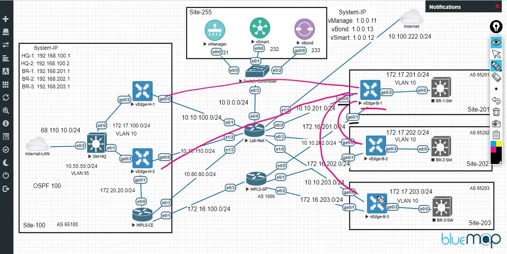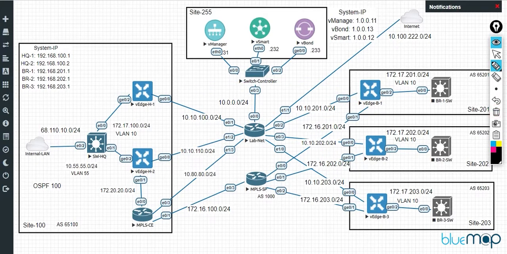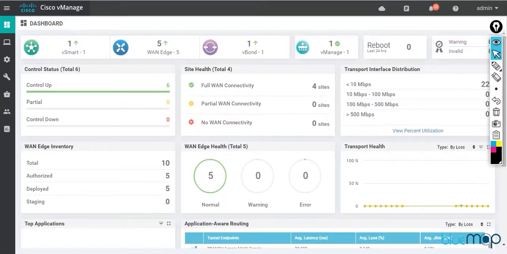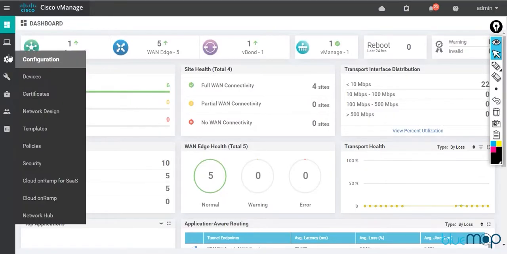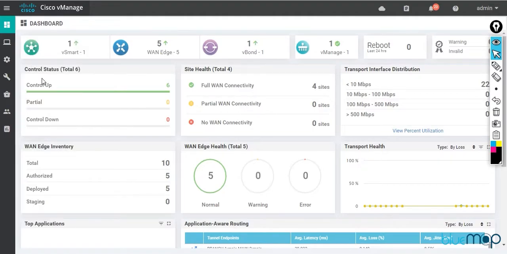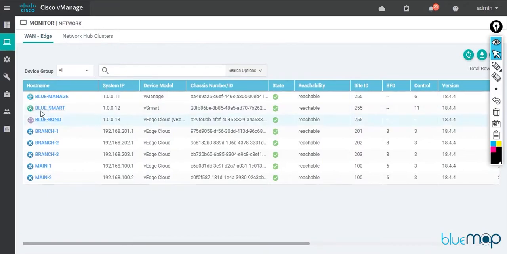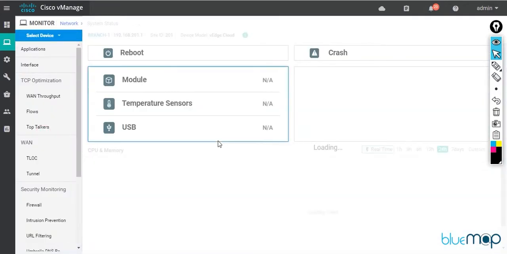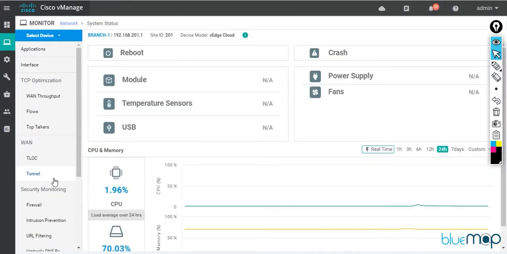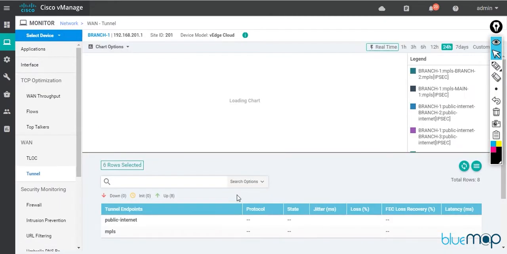Now to verify that, let's go to the vManage, and in vManage, let's verify those tunnels. So I'll go to monitor, I'll go to network, and I'll pick up a branch router. In my branch router, let's check the tunnels.